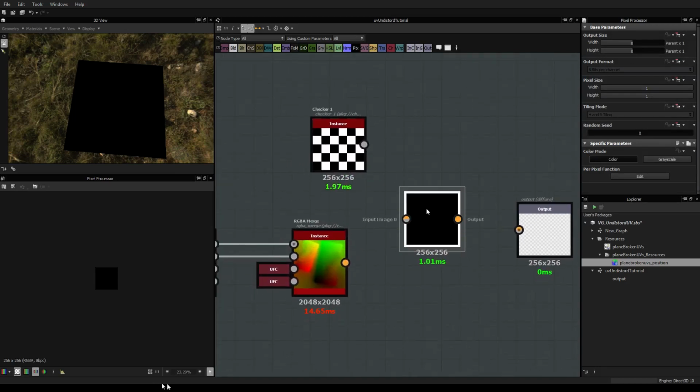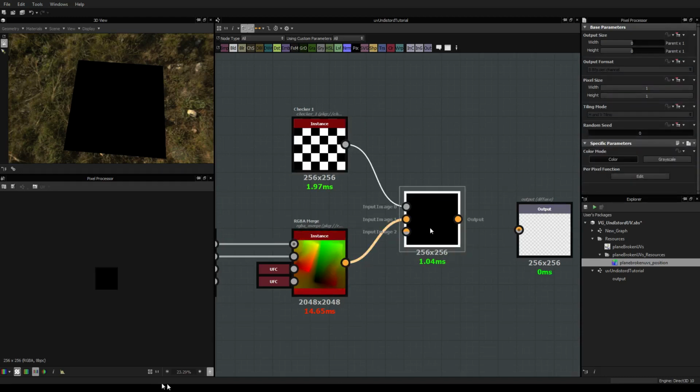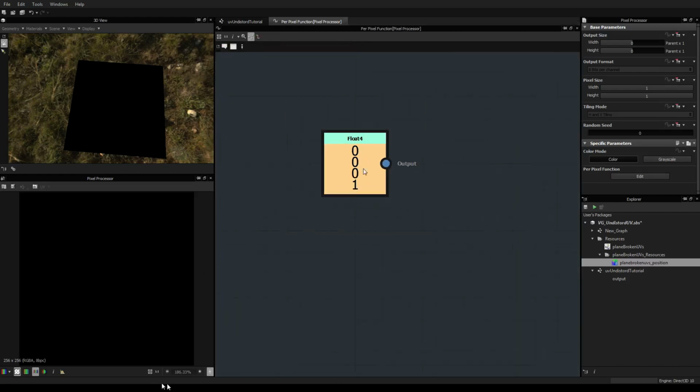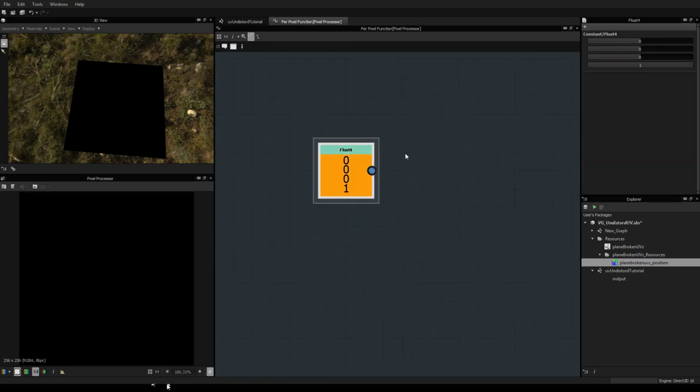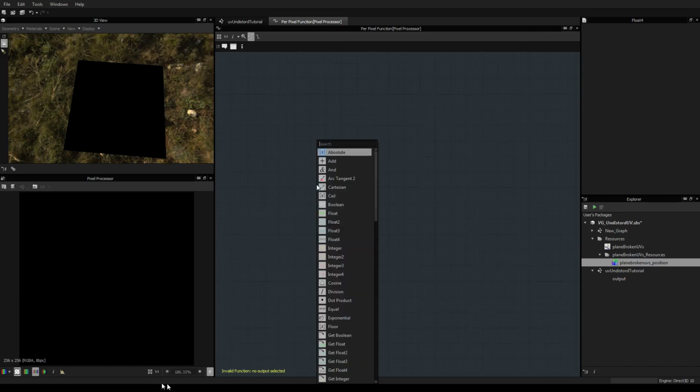So what we're going to do is first we want to plug our texture input, and second we want to put the UV coordinates map. We select this, we double click so we see the result, and we click edit to go inside. So this is a node that we don't want, the float, the one by default. You delete it, and first what you are going to do is to use a get float 2.